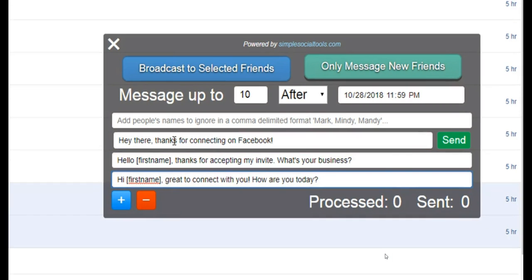Okay, so here we have 3 different messages. Now, when you add multiple messages, the software is going to randomly choose one of the messages to send to each recipient. Now, the first message is very generic. Hey there, thanks for connecting on Facebook. The second message uses a dynamic placeholder here, and it's hello, first name, comma, thanks for accepting my invite, what's